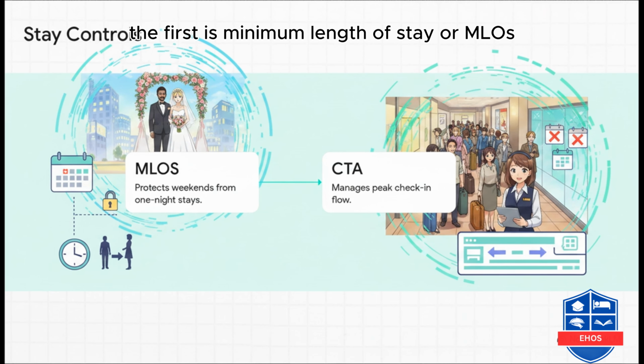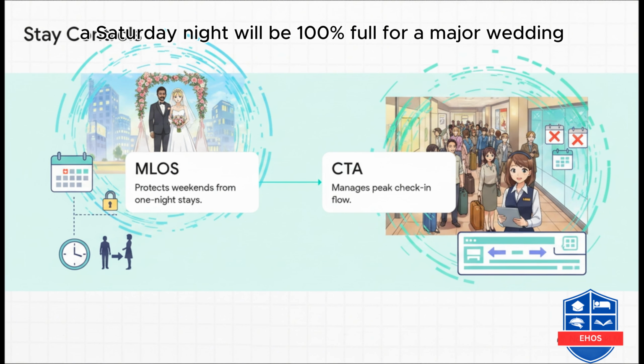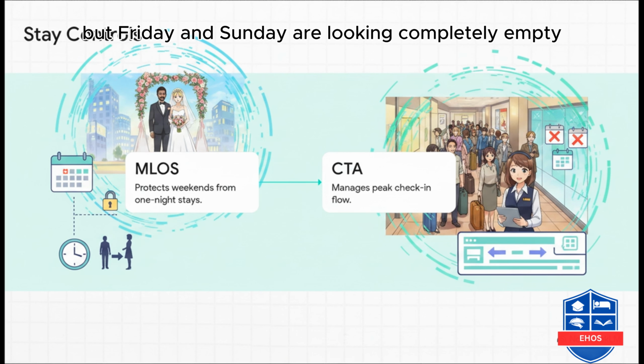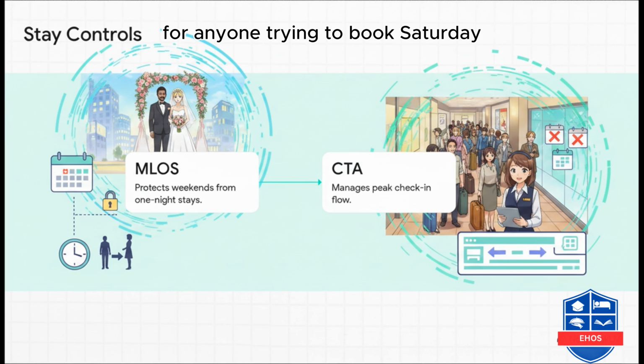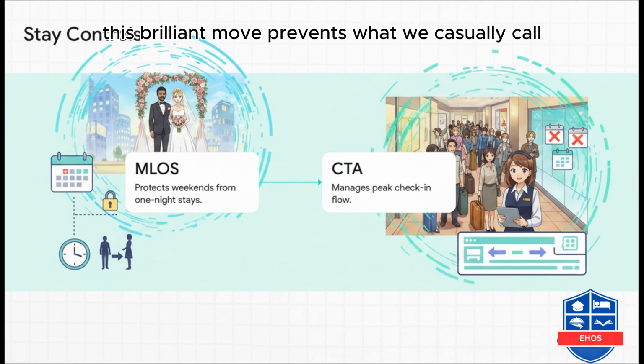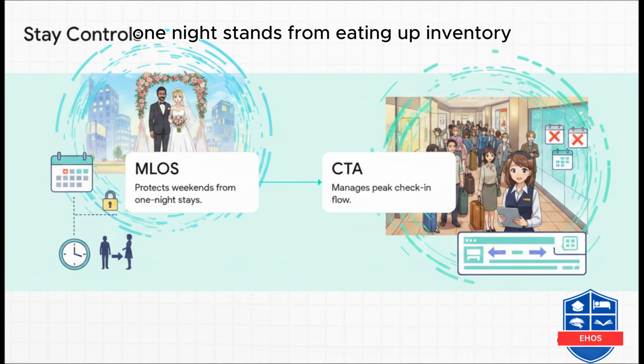The first is minimum length of stay, or MLOS. Imagine a Saturday night will be 100% full for a major wedding, but Friday and Sunday are looking completely empty. You might implement a 2-night minimum stay for anyone trying to book Saturday. This brilliant move prevents what we casually call one-night stands from eating up inventory that could have been sold to